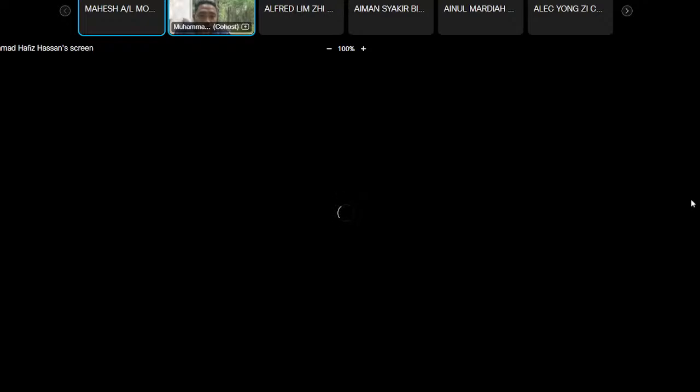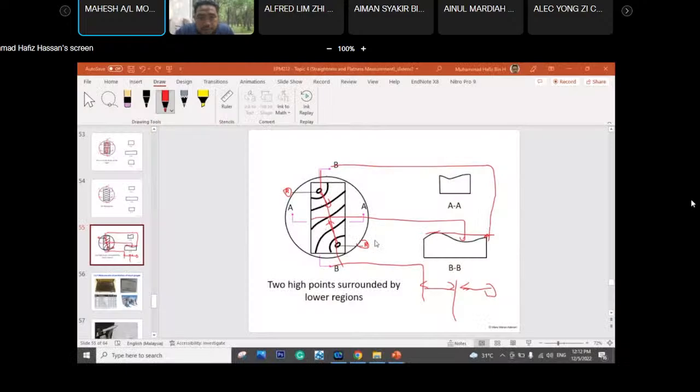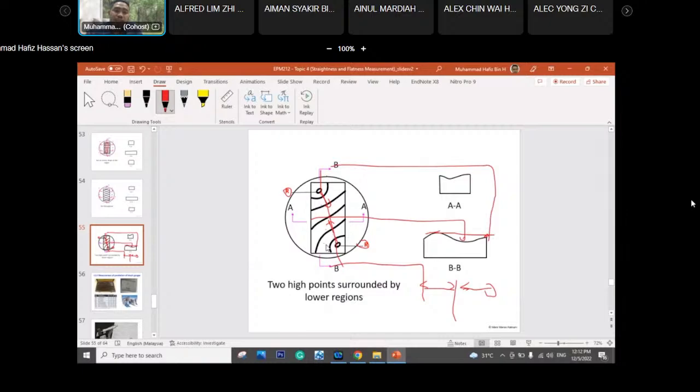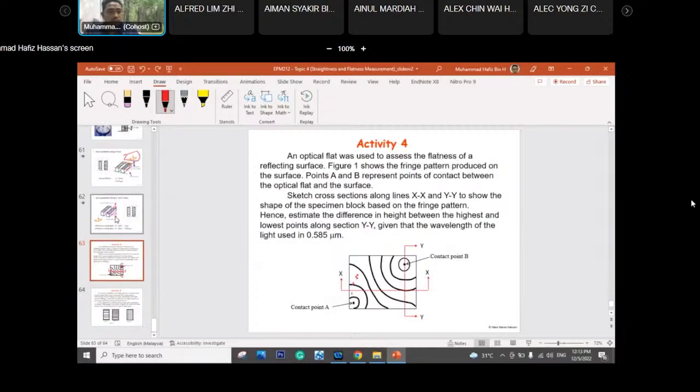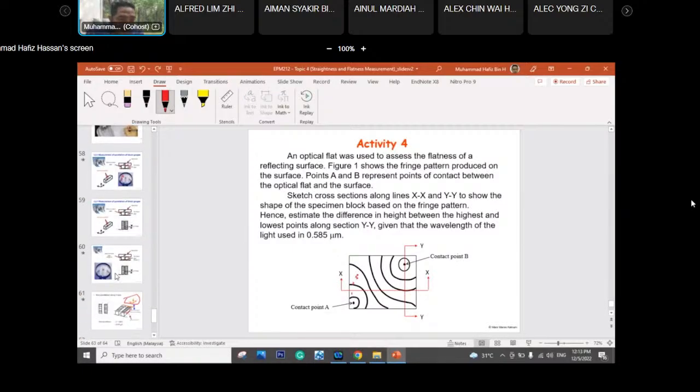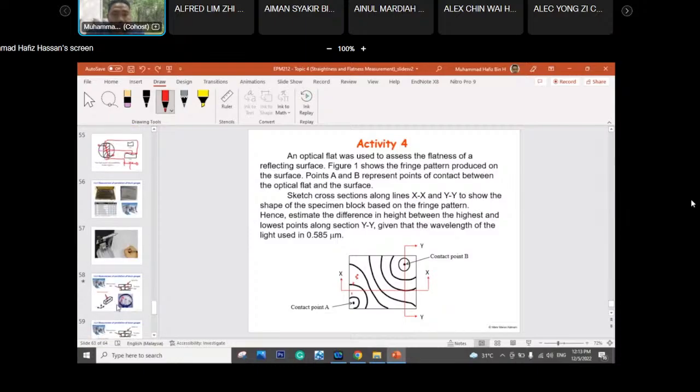Yeah, let me share first, because your slide is different from mine, I think. This one you mean? Yes. So I told you, supposedly the number of fringes, wait, let me count it first. Is it one, two, three, four, six, eight? Oh, okay. Supposedly they have different numbers because they only have two regions here. Let me correct it back. Okay, you can see